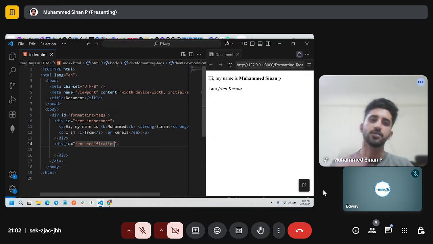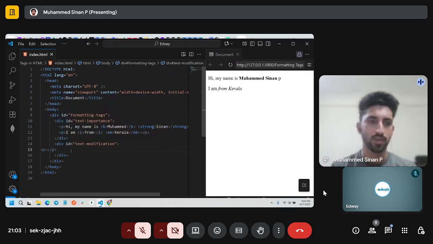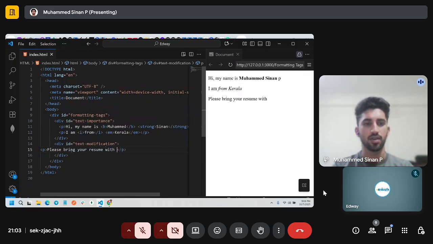So the next formatting tags we are going to discuss are based on text modification. What is actually text modification? The text is there, and we are just modifying the text appearance. Let's say I'm writing something like, please bring your resume with you.